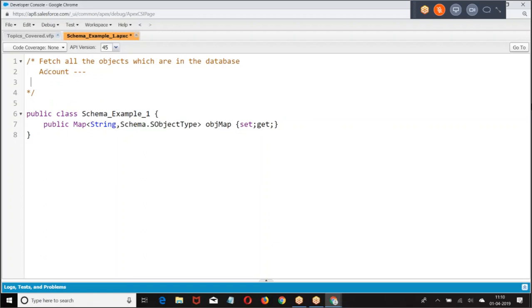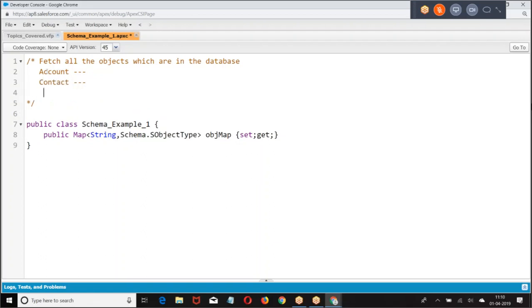If you know it's a Contact, we take Contact. If you don't know whether it's an Account or a Contact, what do we do? If you know 100% it is an Account, we take Account. If you know 100% it is a Contact, we take Contact. When you are not sure whether it's an Account or a Contact, we take sObject.